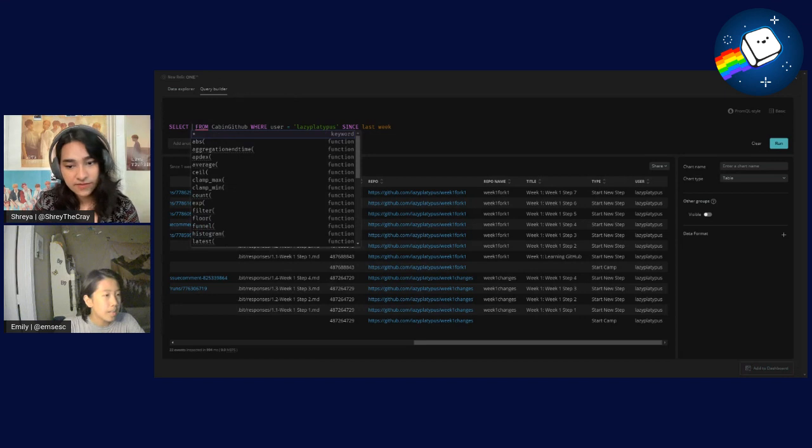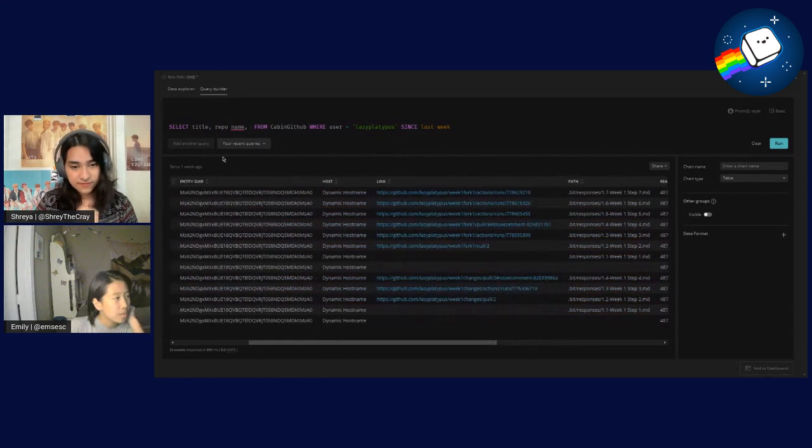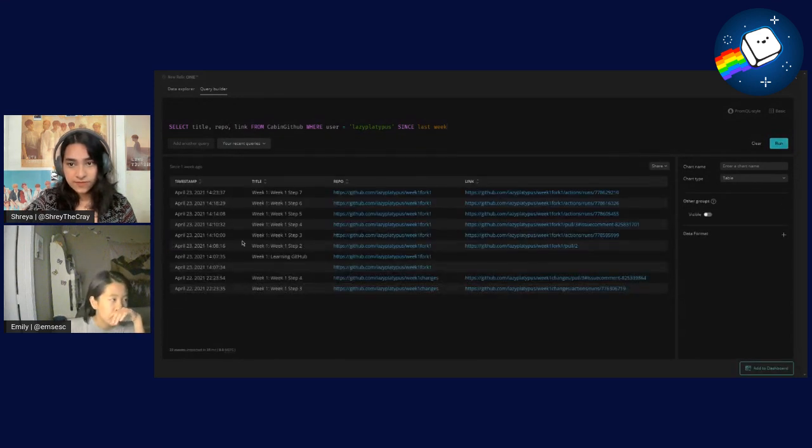Cool. I'm also gonna add title, repo name. I don't know if it's gonna work because it's not even called repo name. And then I'm also gonna add link. And actually, I'm not gonna add repo name. I'm just gonna add repo because that takes you... Just click run. Nice. So we have the title of the step,